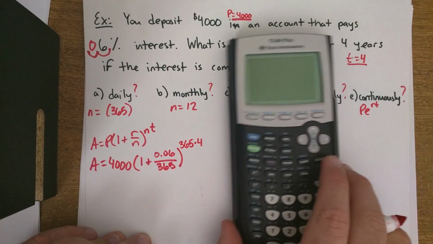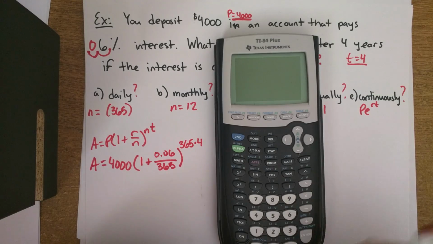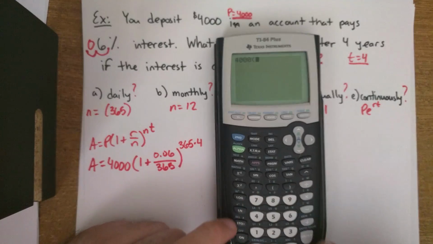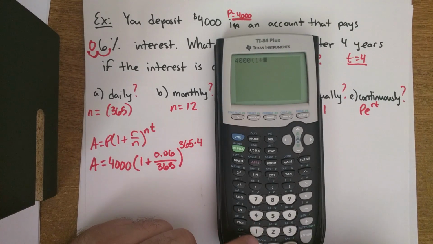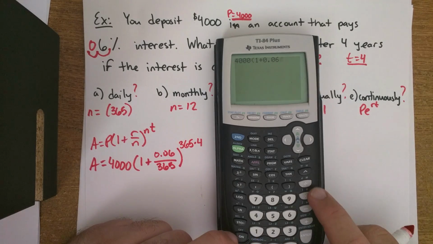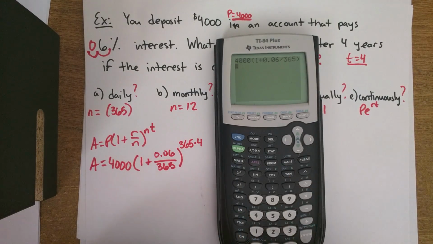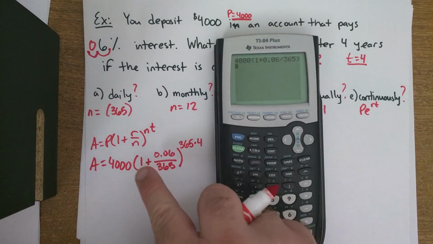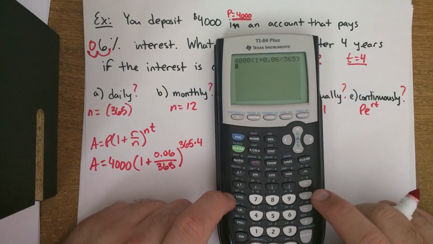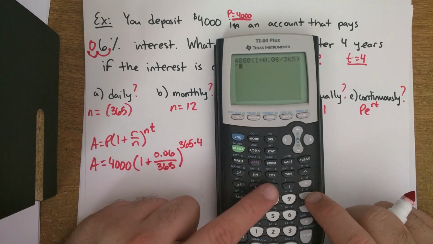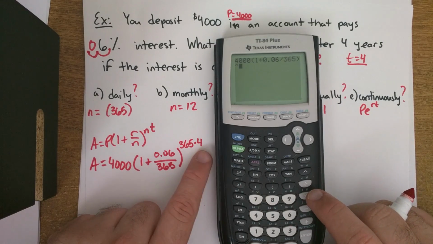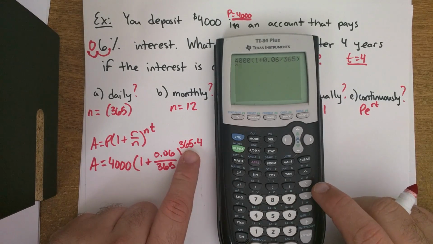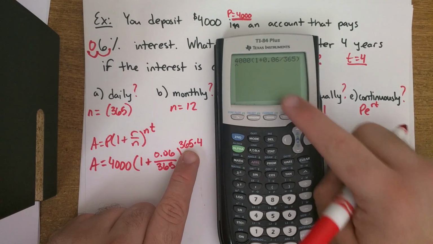All right, let's go ahead and we can plug this right in all in one shot. We have 4,000 times (1 plus 0.06 divided by 365). And your calculator will take care of order of operations for you if you type it in just the way it looks here. And then raised to the power of 365 times 4. Now, you can either figure out what 365 times 4 is ahead of time and put that number as your exponent,